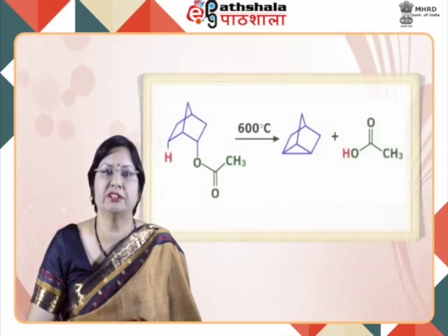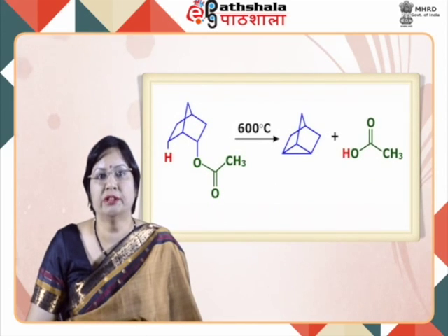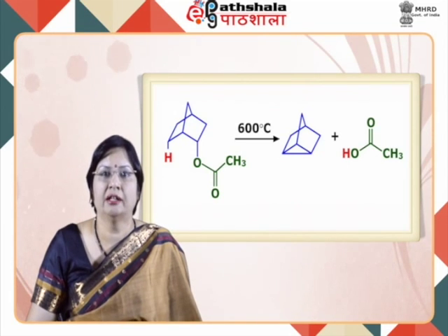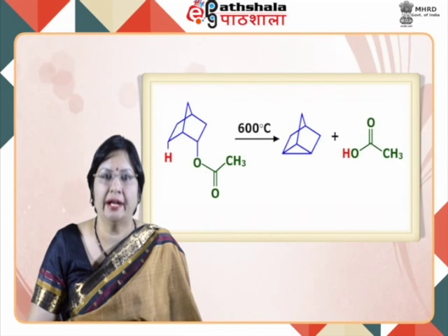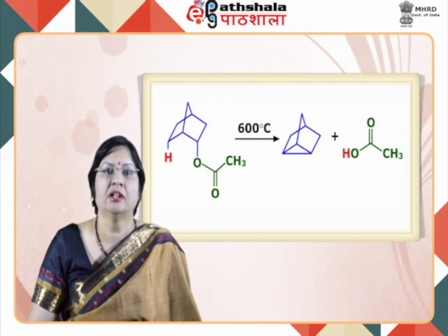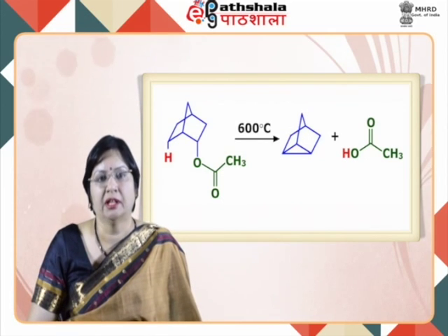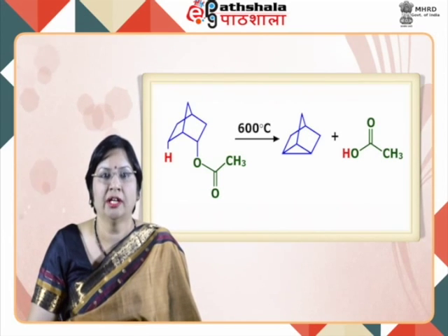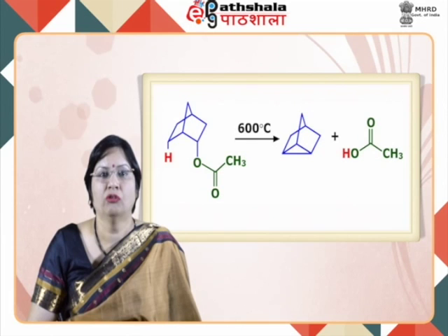As you can see in the case of 1,3 pyrolytic elimination here, the OCOCH3 group and the H are being lost from the relative 1,3 position, and as a result a new 3-member cyclic ring is formed, and the CH3COO and the H are lost as acetic acid. So this is the case where 1,3 elimination is happening, and similarly you can have the 1,4 elimination, the 1,5 and so on, and in general they are called 1N